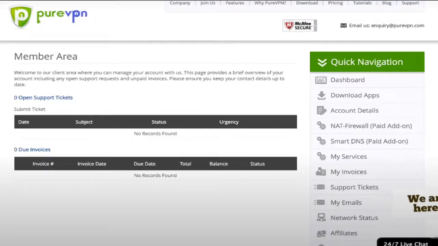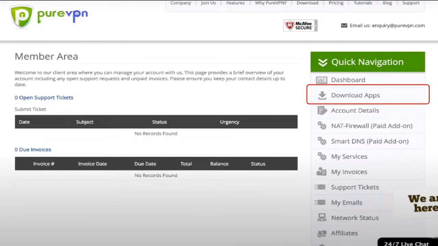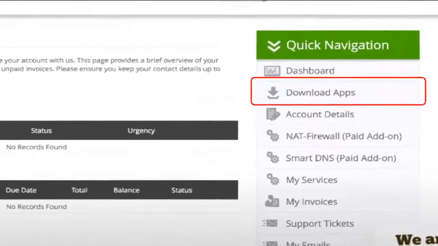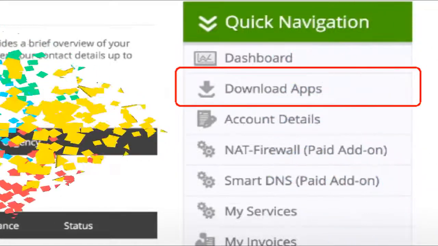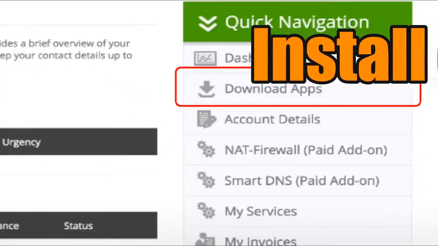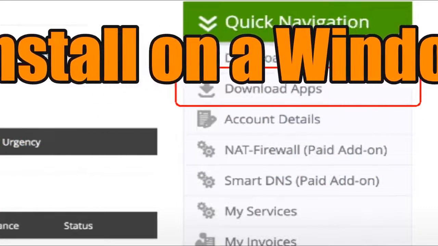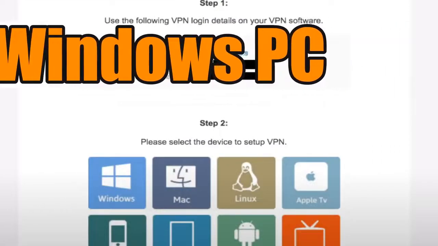Now within this dashboard, you do have an option to download apps. So if you're on your Mac, or on your Windows computer, you can download the app there. I'm going to show you another way to download the app for your Chromebook as well. And you can also do this on your smartphone simply by going into the Play Store and typing in a search for Pure VPN. Now I'm going to show you how to download the apps from the email that they've sent me.